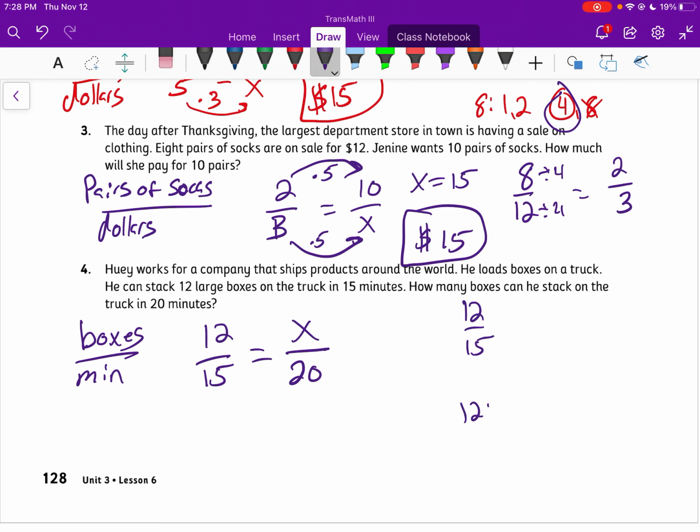We're going to look at our factors of 12. 1 times 12 is 12. 2 times 6 is 12. 3 times 4 is 12. 12 does not go into 15. 6 does not go into 15. 4 doesn't go into 15. 3 does, though. So we're going to divide both top and bottom by 3, which will give us 4/5. So instead of using 12/15,